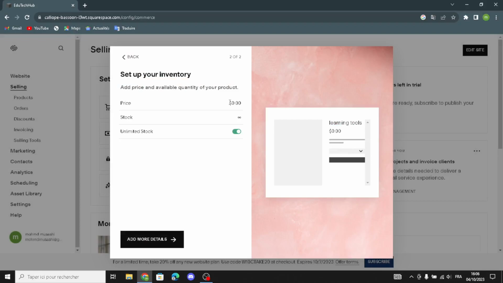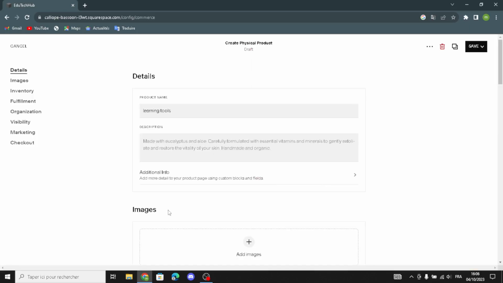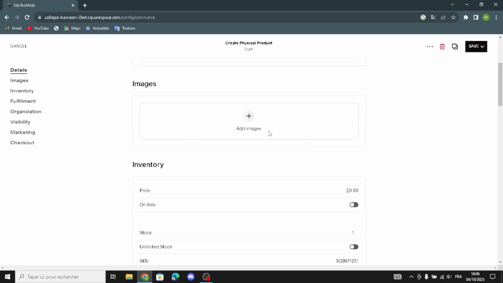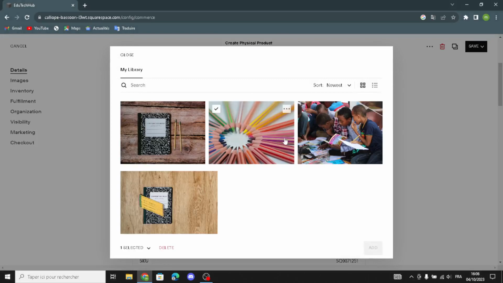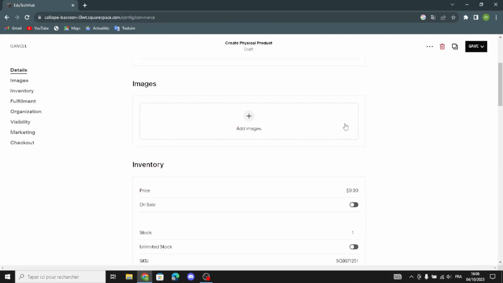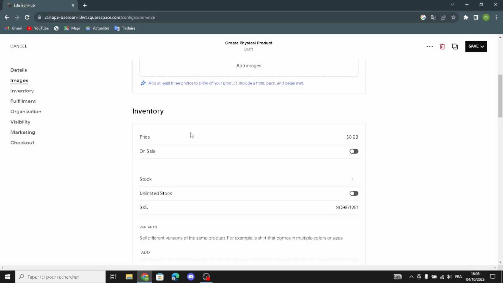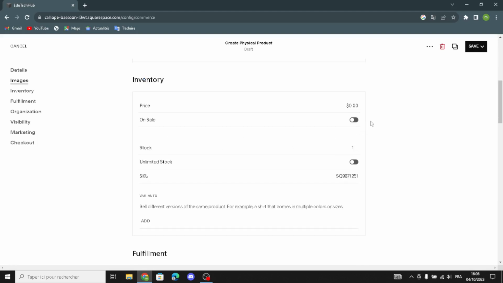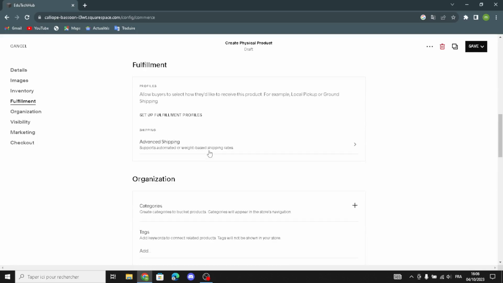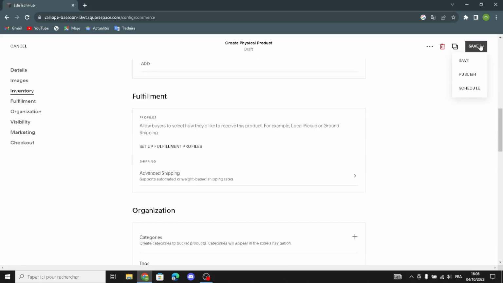Now let's continue. Here you can customize the price and the stock. You can turn this on, unlimited stock, and also you can customize the stock as you like. And after this, here you can describe your products, and you can add the image here. Here you can also customize the price. You can turn this on sale, and stock, and unlimited. So that's it. Now after you're done from this, you can just save this,